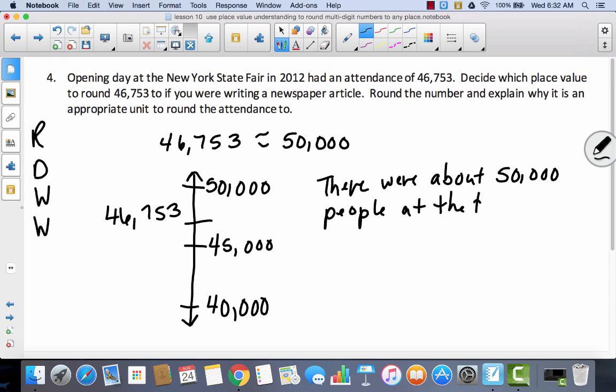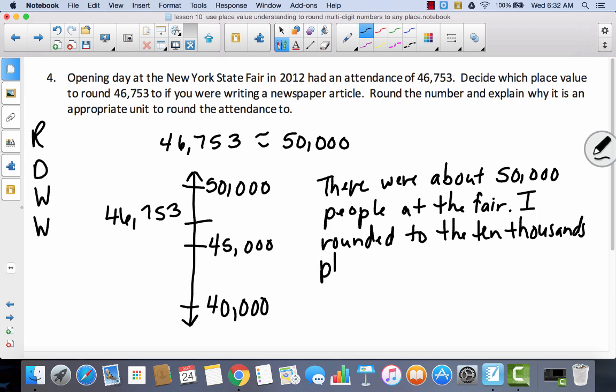I think that would be lowercase since I didn't name the particular fair, okay? I rounded to the 10,000s place because